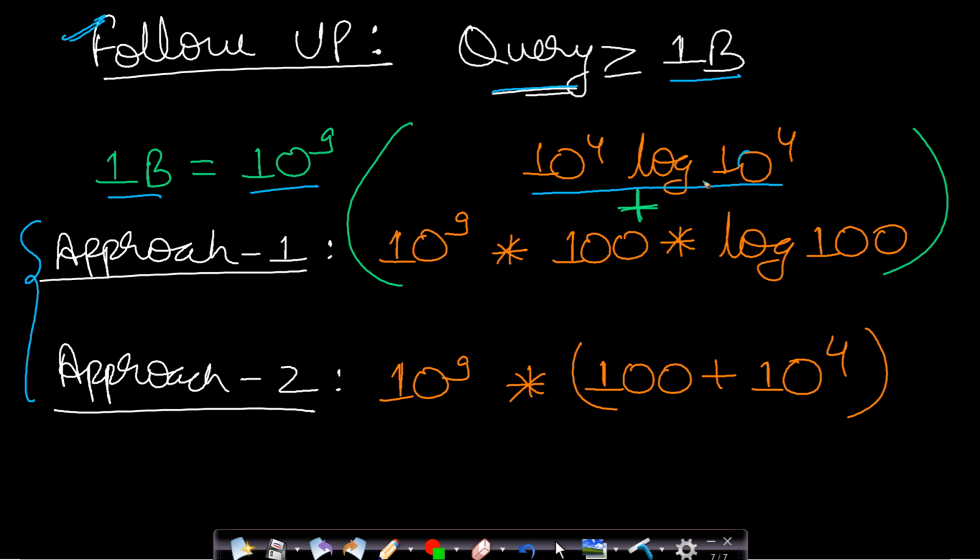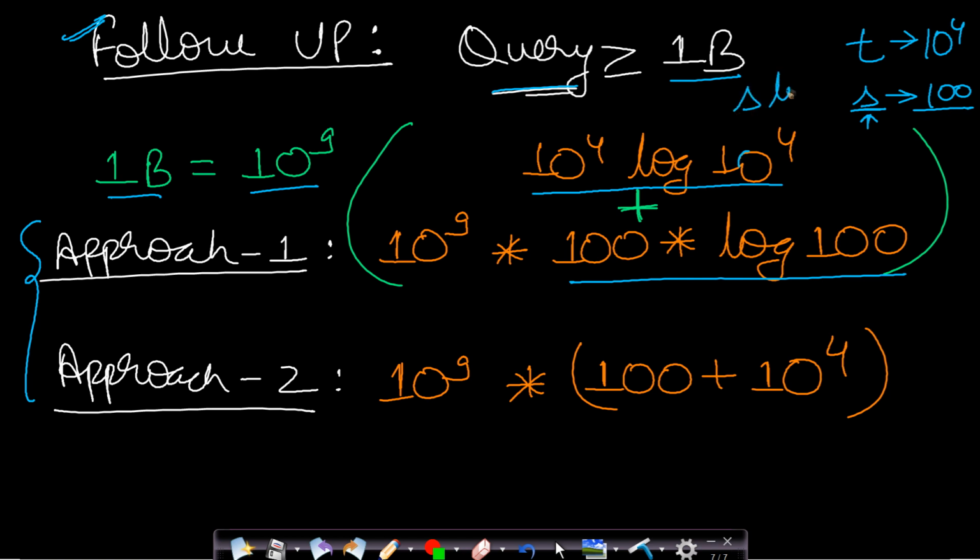Whatever we did was comparison with the map. For making the map, the maximum time will be 10 to the power 4 log 10 to the power 4, because the maximum length of string T was 10 to the power 4. Once you have formed the map, then for each query it will just take 100 log 100 maximum time, because the maximum length of string s, which is your query string, will be 100. So in order to find each and every character of this string s, you will basically require log n time. For finding all the characters in s, you will require s log s, where s is the length of string s. So this is the way you can process a single query.